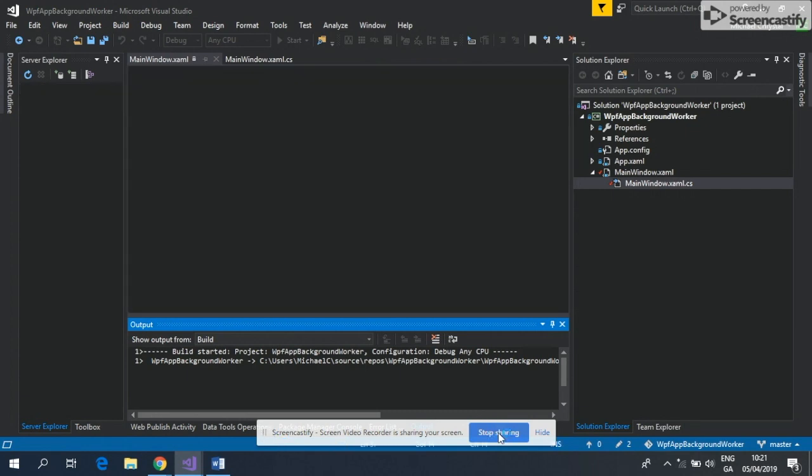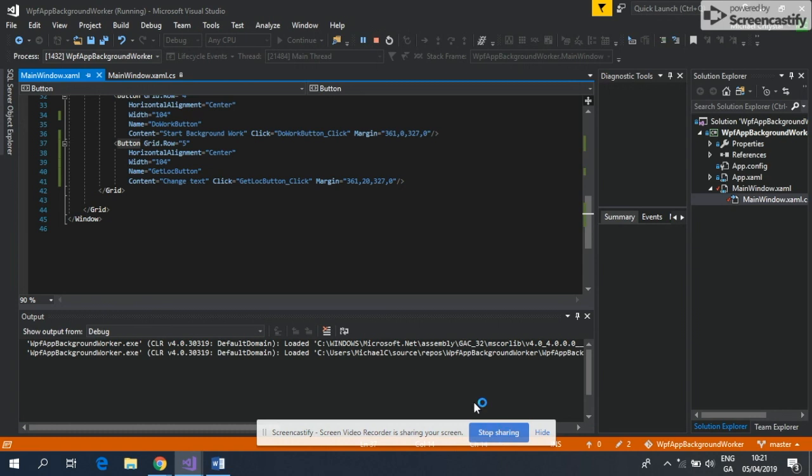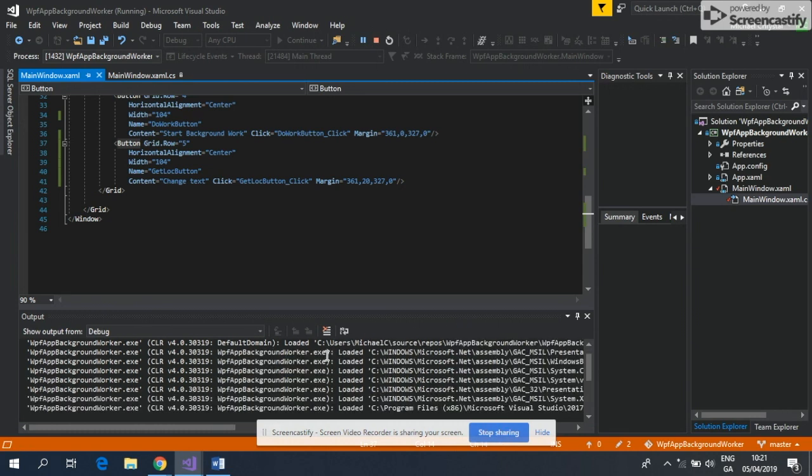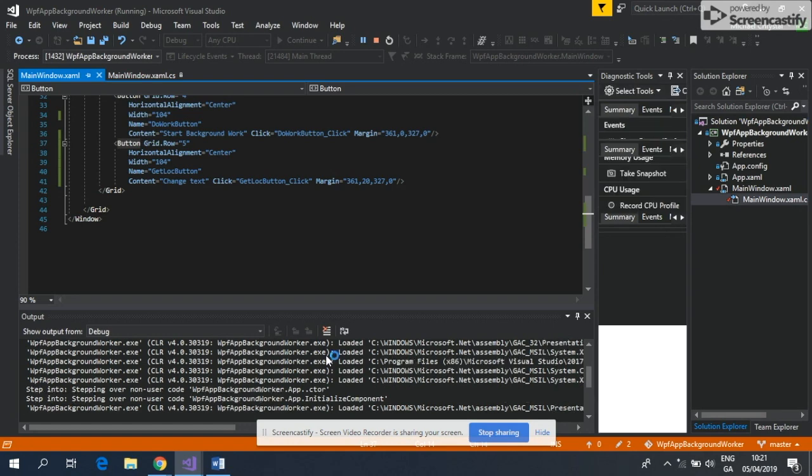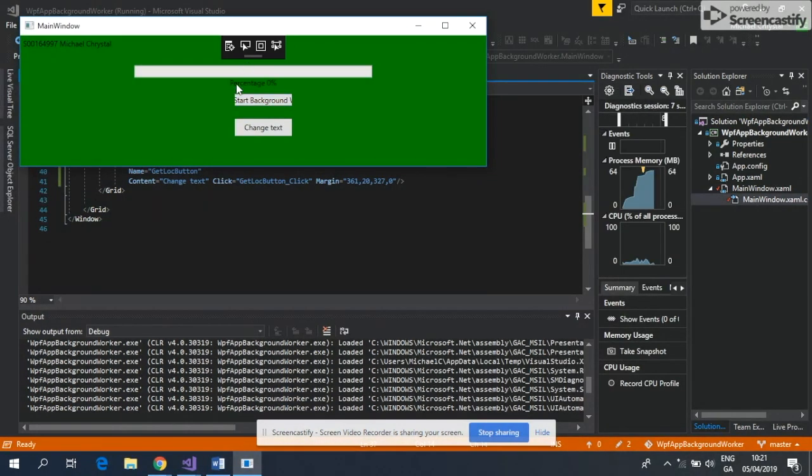Okay, so I have 29 seconds. We're going to do this quick. So literally, we're just doing start the background worker that's going to update this percentage. So every 10 seconds it's going to be full, and this on the main thread is just going to update the size of my